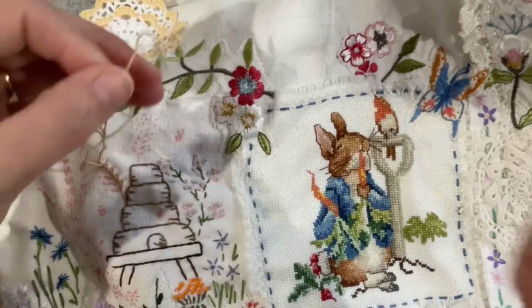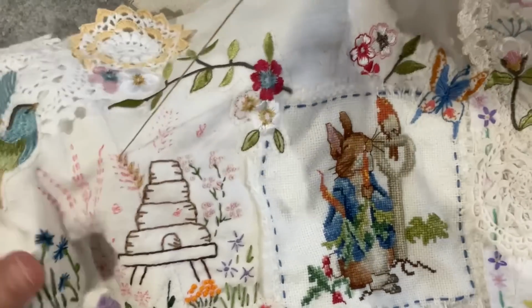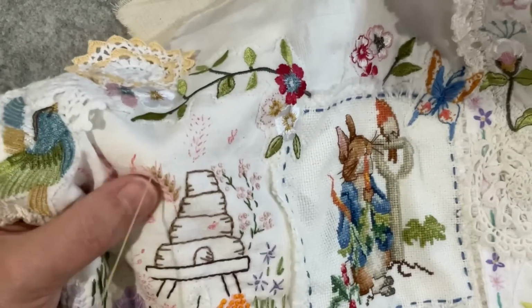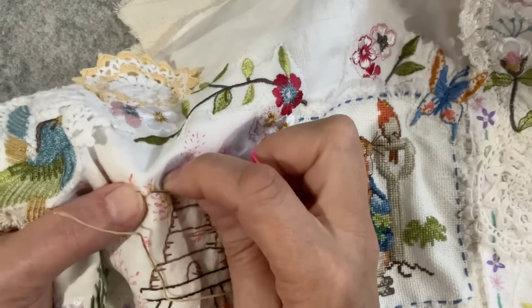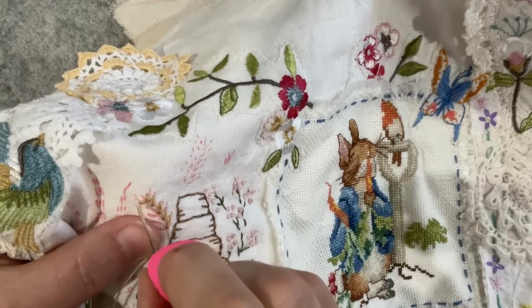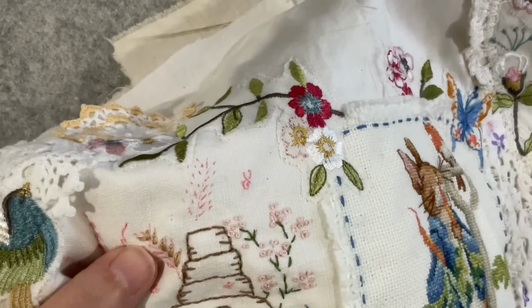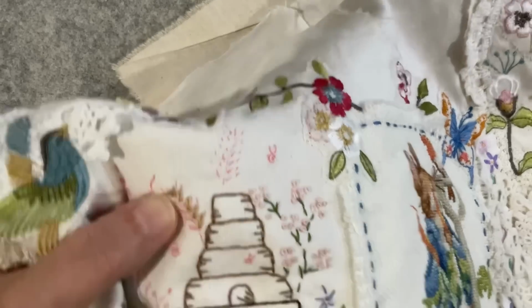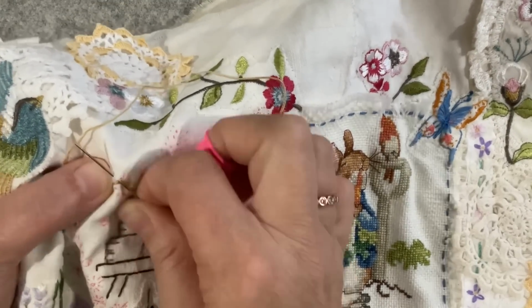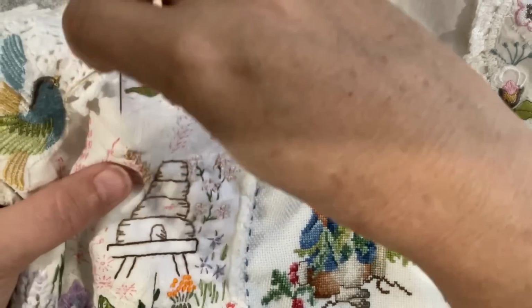This is really good. Isn't it great how this project's pushing our boundaries, getting us to try different things? They're probably prompts sometimes that we would never have thought to do, like we would have just thought, nah, too hard. I know there's some vegetable patches coming together and there is so much work going into them, like wow. And I know if you're doing your own project, sometimes you take the shortcuts because you just want to get the thing done, or you're starting to wander onto a new idea, so you tend to just do the basics. You get to a stage like that in all projects. But by having a prompt,